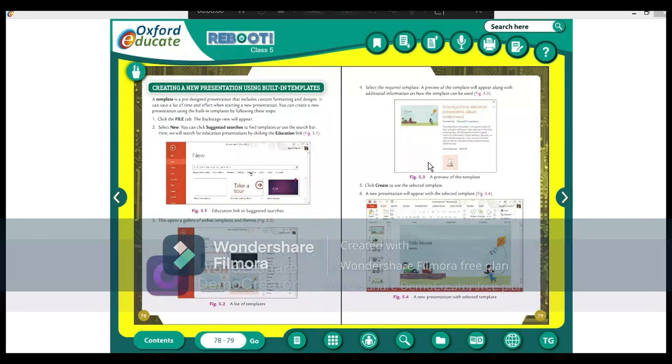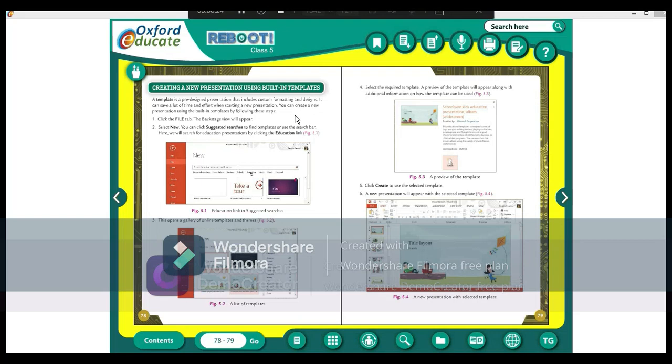So, class, the next topic is creating a new presentation using built-in templates. In this topic, we will learn how to create a new presentation by using built-in templates. What is a template?